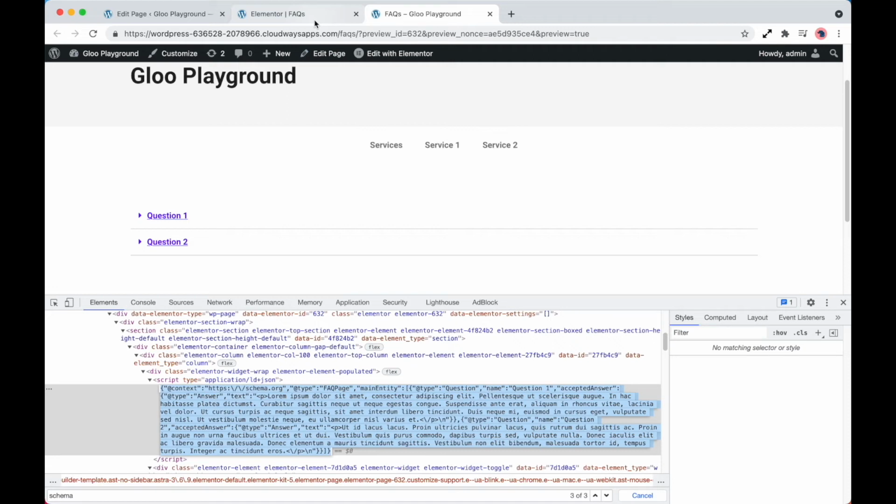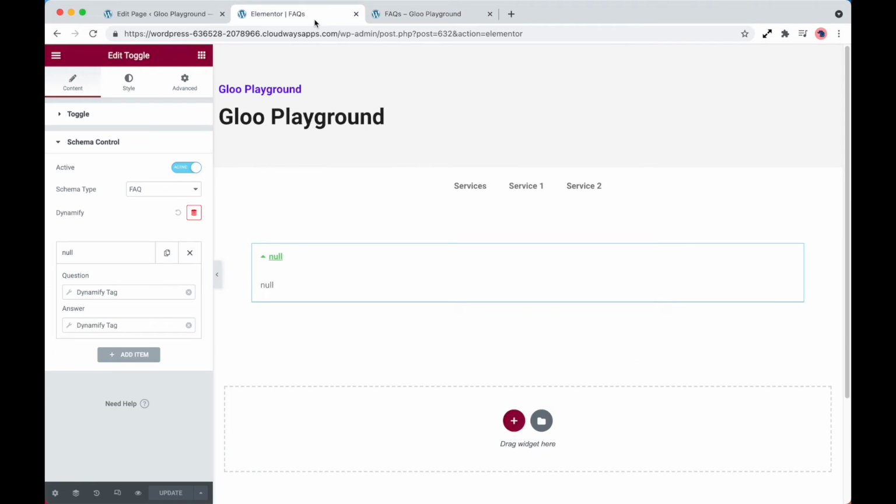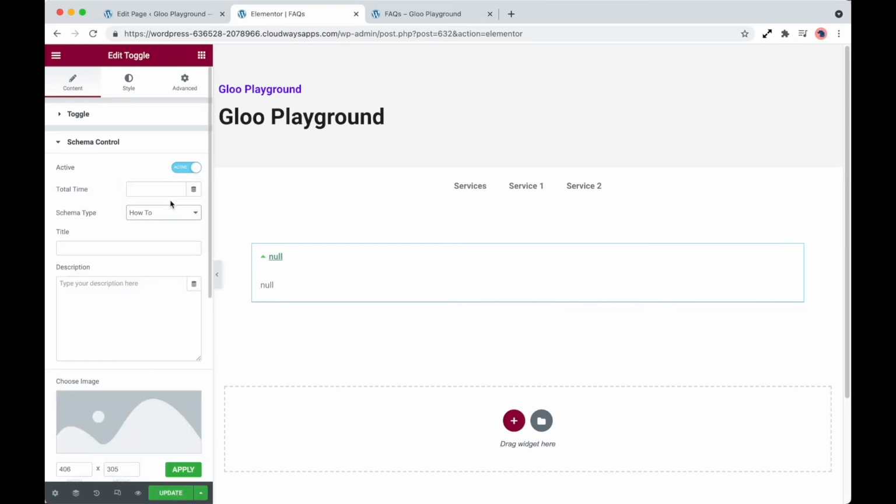So now that we can see how the FAQ schema works, let's head back into Elementor and briefly take a look at the how-to schema and how the options work. How-to is a little more complicated in terms of setting up compared to the FAQs, but it is incredibly powerful once set up. The how-to schema control options are extensive in that you can set all of your fields in the expected format of how Google expects each type, but in the Elementor way. So why don't we go and check out some of the fields that we've made available to you.